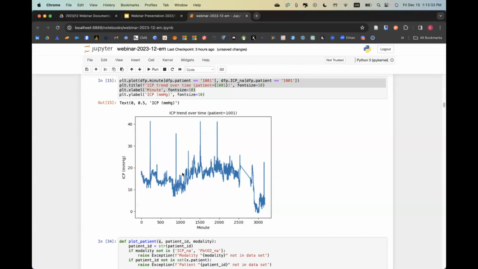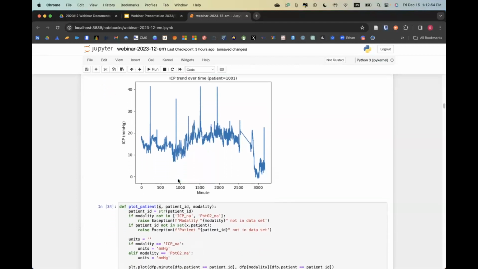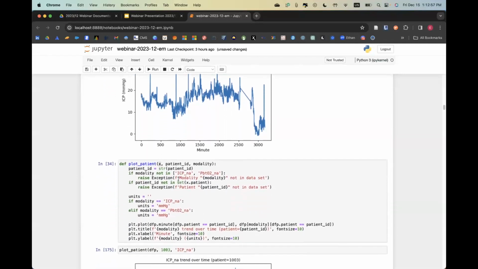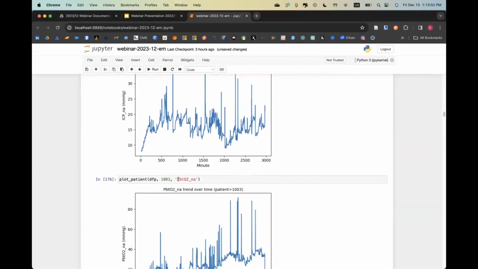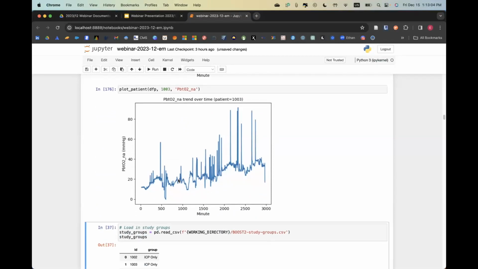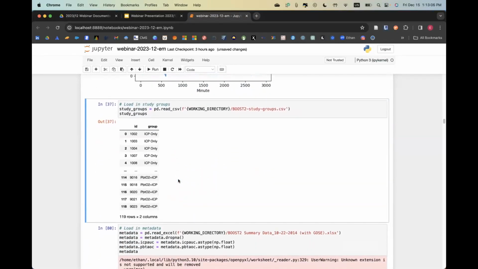We have a lot of techniques here at the company and under our tool belt with other people working with for removing a lot of these artifacts and smoothing it out. You could apply a rolling mean or other sort of techniques to smooth it out so that you don't get a lot of these spikes that come from the measurement of the signal. I didn't include that in this webinar, but I will in the future. So it's just interesting to look at the data. I think it's cool. The next thing we're going to grab is the study groups.